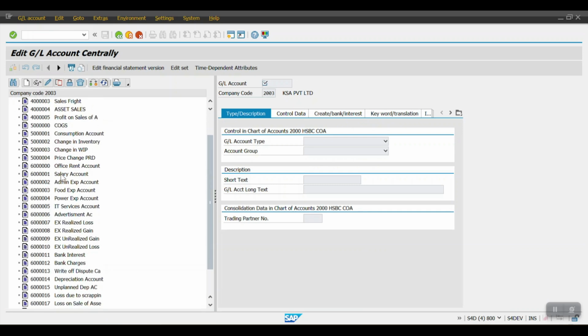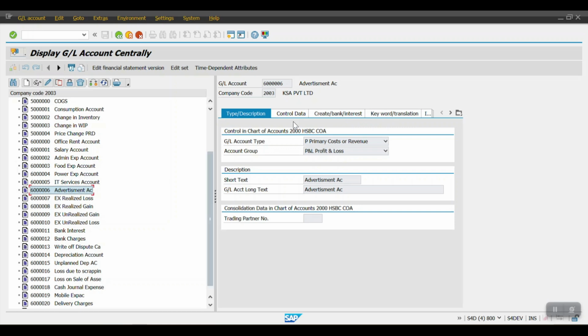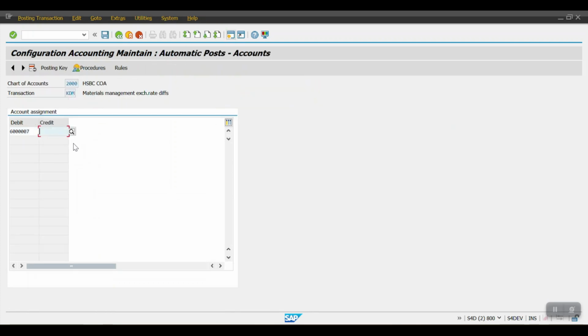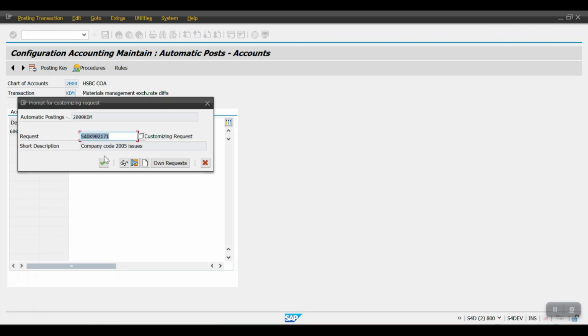This will be our expense GL account. Meantime I will assign this GL account, sorry, this one. Then simply save,